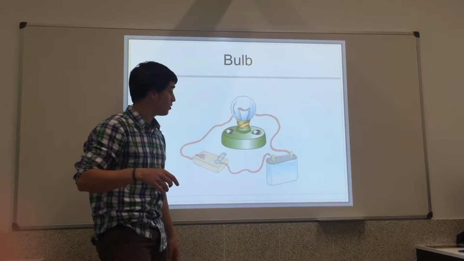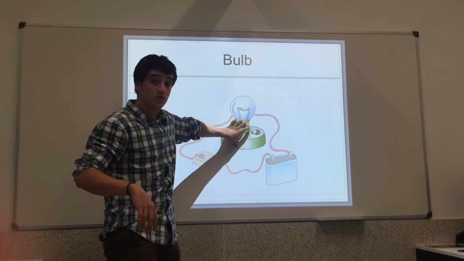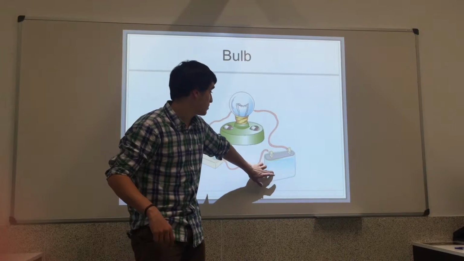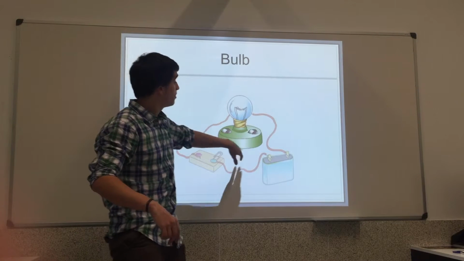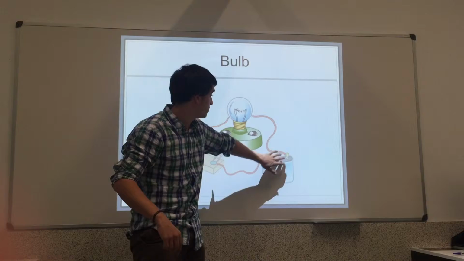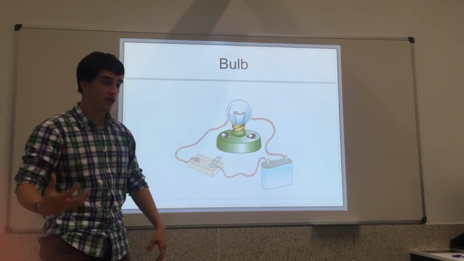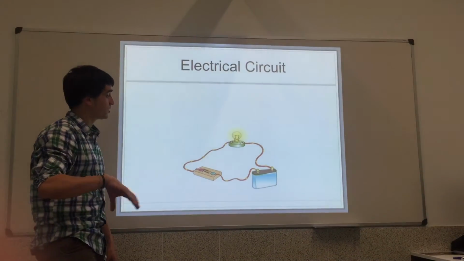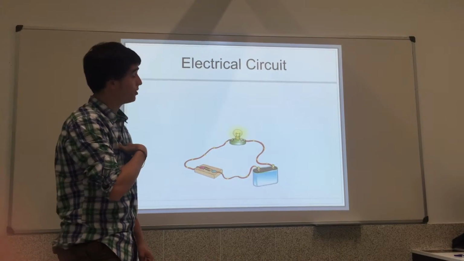Alright? And we need to also take into account that what this light bulb does is it transforms the electricity that comes from the generator into light. So here, what we have is an electricity that flows from the generator, and then when it comes to the bulb, it transforms into light. That's what the bulb does. Now that we have seen the last part of the circuit, now that we know the three parts that our circuit that we'll make in class has,